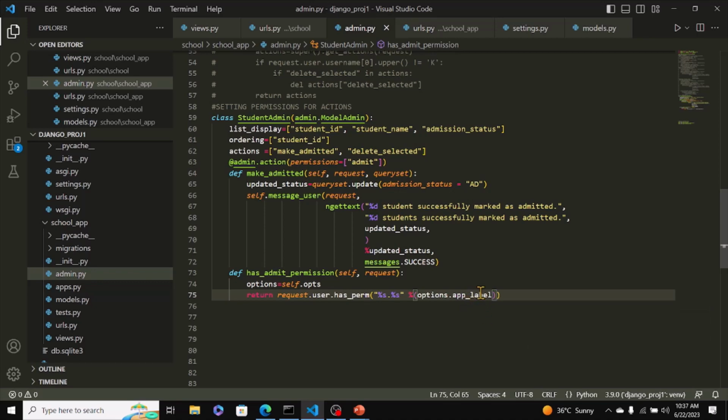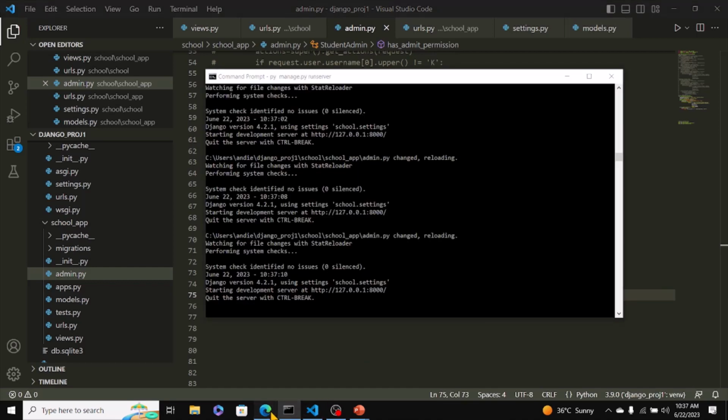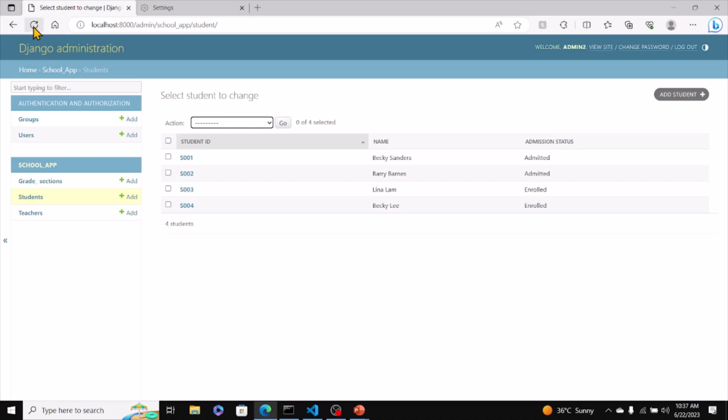So you see, we can get the app name, if you will, comma, the name of the permission. So what we're doing here is we're checking whether the user has admit permission. So this will return a true or a false. Okay. So now check that your server is running, and then go to the site, refresh the page,